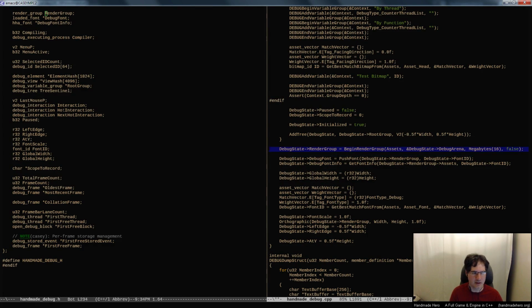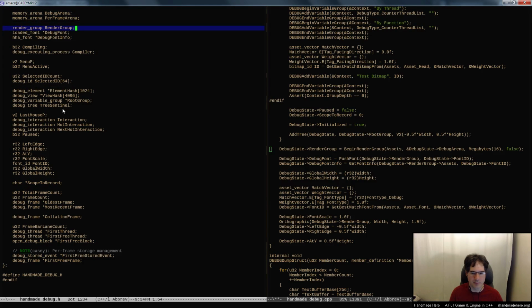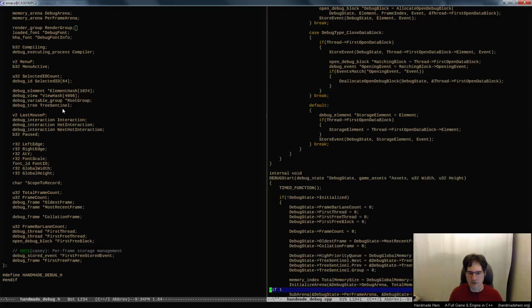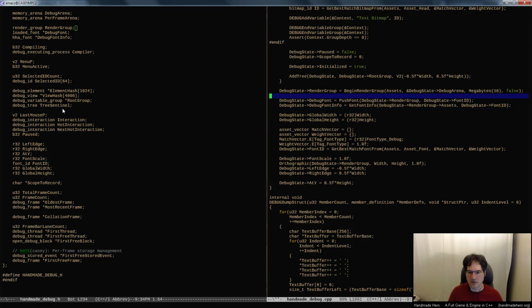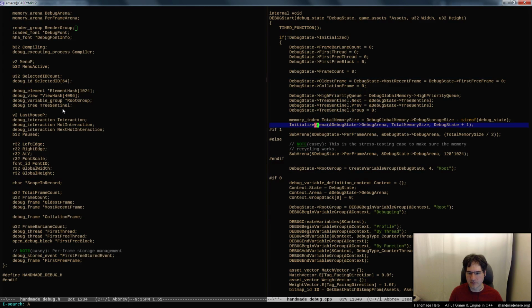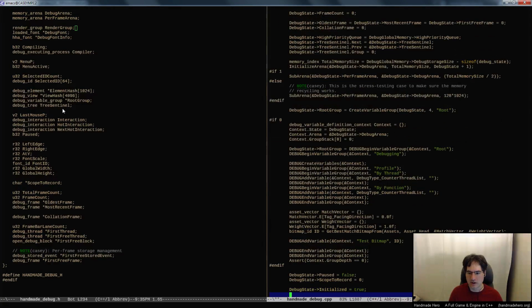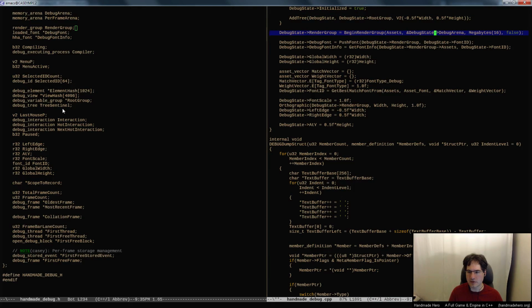And in fact, I guess now what that means, I don't know, we probably don't even need to save this, do we? Maybe we do. Well, yeah, I guess we access it from there. So if we do debug render group, we do begin render group, we have the assets because we can get the assets, right? That's what we were doing here. So we can do a begin render group. We don't need any of the arenas anymore, which is really nice. So those aren't getting polluted at all. And then we can still use